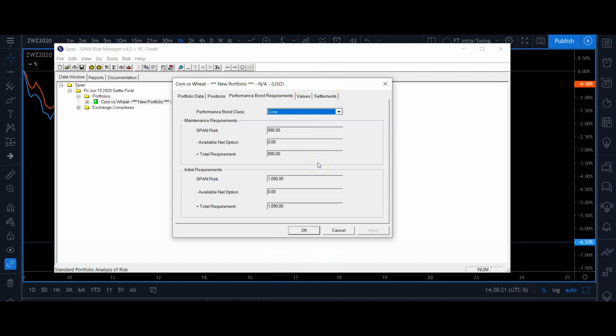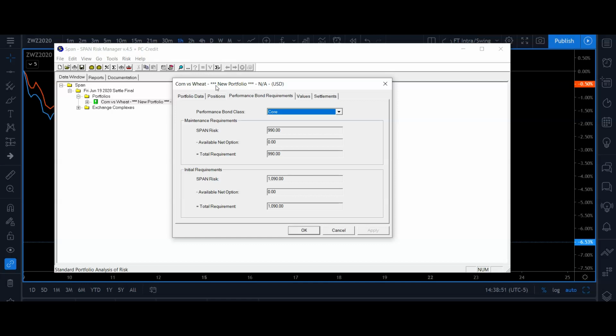So this spread normally is about $900 per grain. Combining the two together, as of Friday's settled price, it's $1,090 to carry this spread. This thing looks like it's easy to use, and it is, but the initial install and instructions are a little bit of a pain in the butt. Follow the video I have. I don't think a lot of people even have videos on this online showing how to use this. Follow my video on YouTube on how to download and use the SPAN margin calculator from the CME.